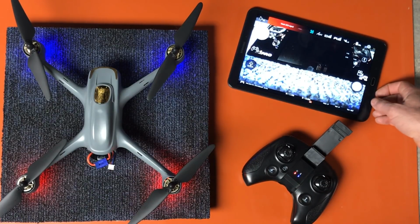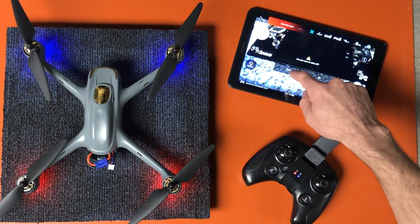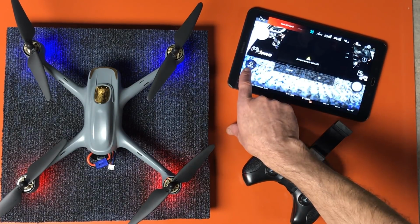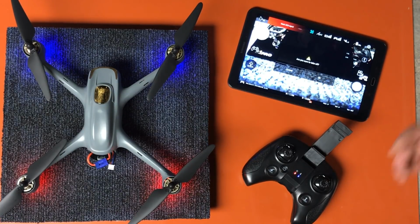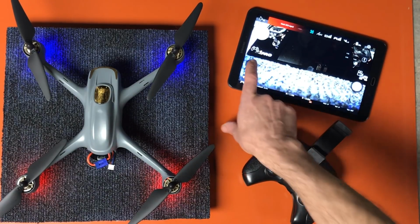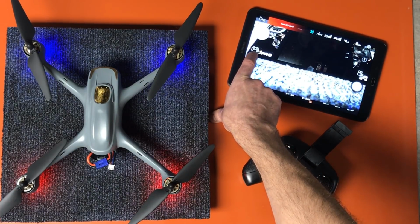And just to go over the rest of the app real quick, you have your auto takeoff, and it says, are you sure you want to take off? I'm going to click cancel because I'm indoors. But once you click OK, this icon's going to change to your landing icon. And when that does, you'll have the option to land here or return to home. It gives you your options. So we're going to click cancel. And you also have your controller icon here. That's just a dead icon because we're connected with the Bluetooth, and you can see the Bluetooth symbol in the